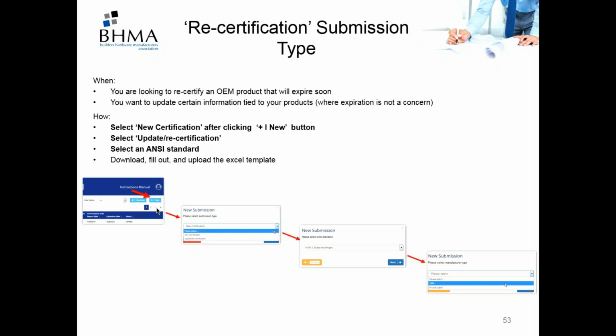So maybe they're not going to expire for 2 years, but some sort of product level information needs to be updated that doesn't affect the status of that certified product, but you would like it to change in the listing itself. So the workflow here is, again, clicking that new button at the top right. Instead of clicking new certification in the pop-up, you would be clicking